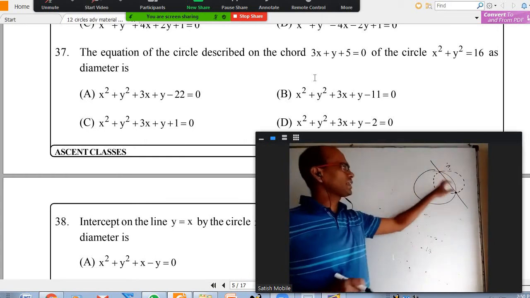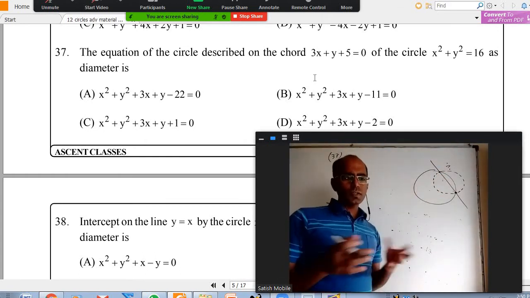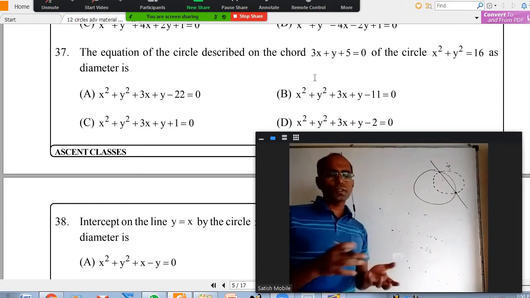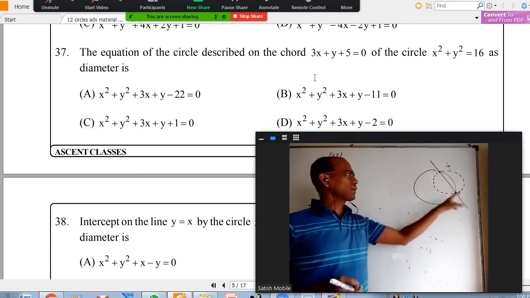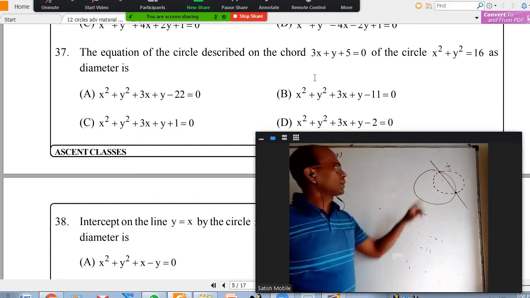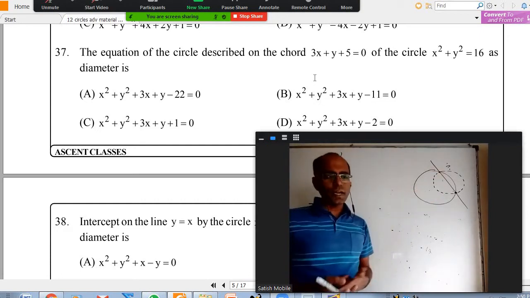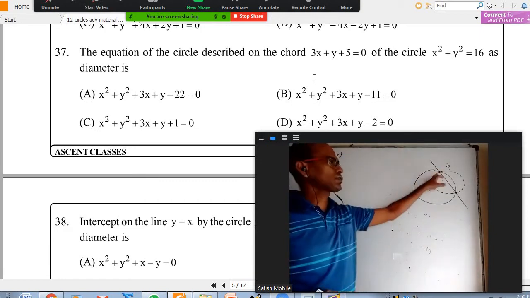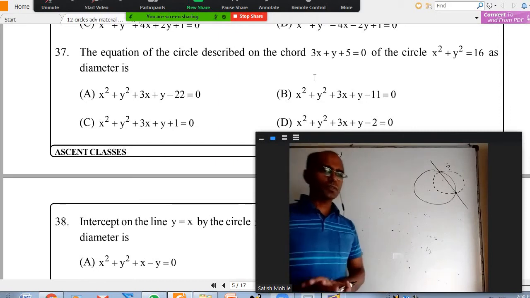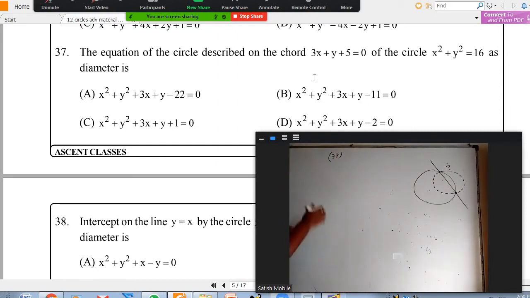Somebody can really find these 2 points, and if you know the ends of the diameter, you can find the circle equation by solving the circle and line. If the points come as surds, nothing to worry. If you eliminate y, you'll get a quadratic equation with these two y coordinates as the roots. If you eliminate x, you'll get a quadratic equation with these two x coordinates as the roots. With the two quadratic equations added, you also get the circle equation. So you can do it by any one of the methods.